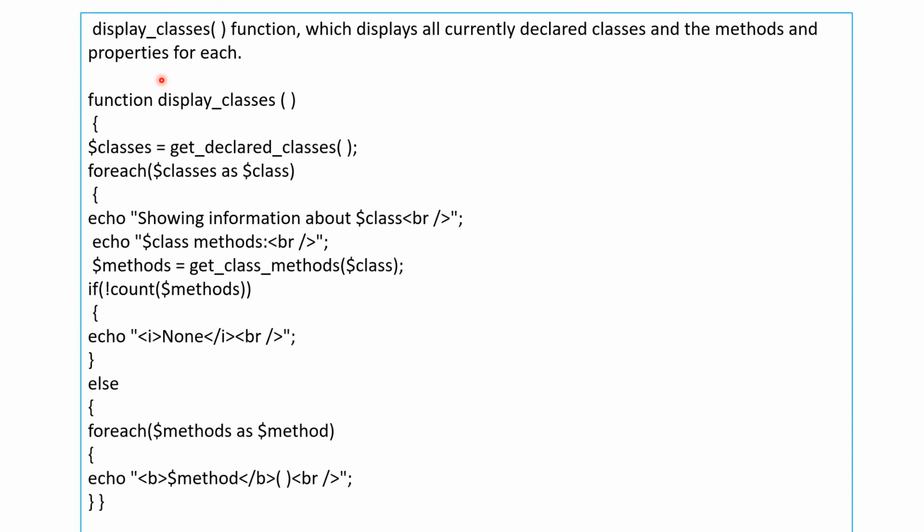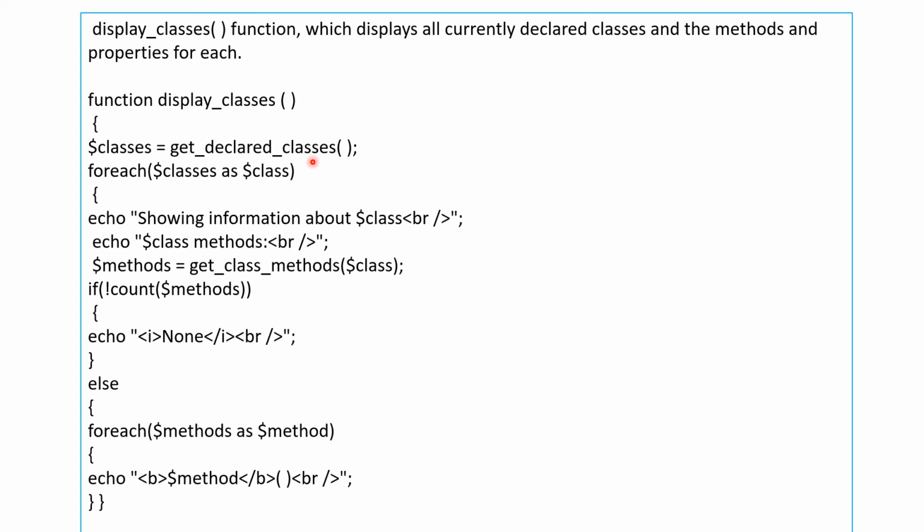Here is an example which displays all currently declared classes and the methods and properties for each class. Here one method is declared. This is the user defined method. In this method we use the get_declared_classes function, which is provided by PHP. This function returns an array of defined classes.